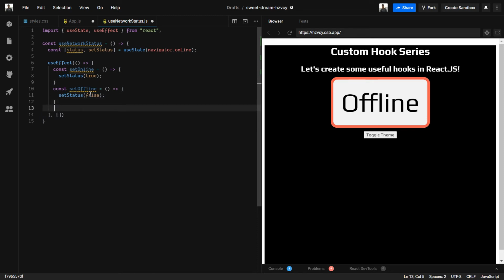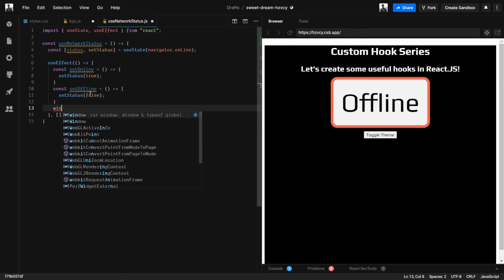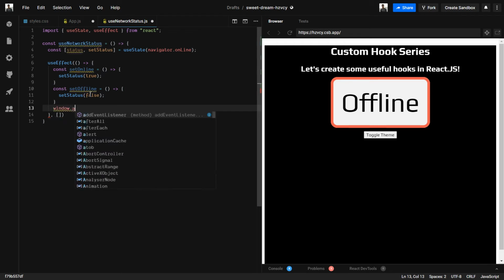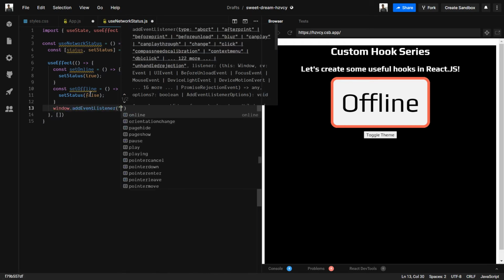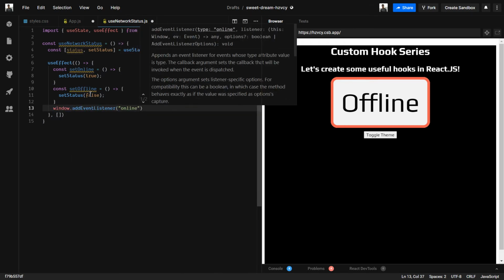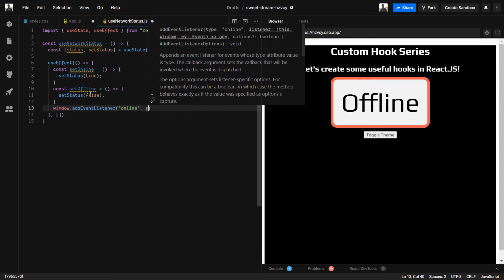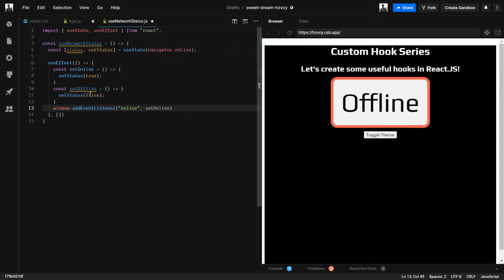And now we will add our event listeners to the online and offline events. So window.addEventListener, online, and then I will simply reference the setOnline function here, and similar for setOffline and the offline event.